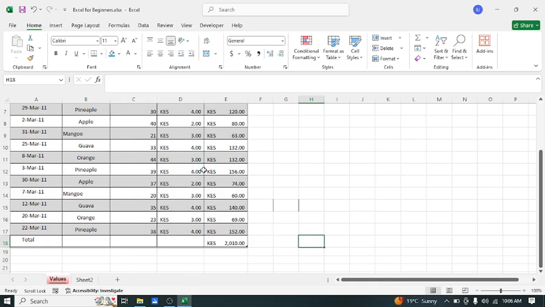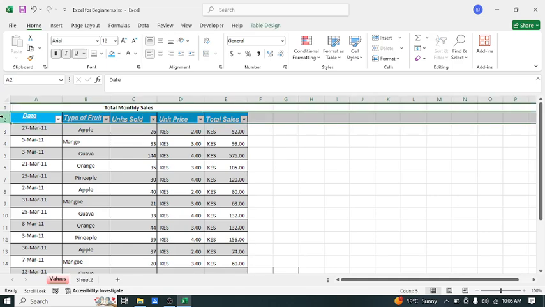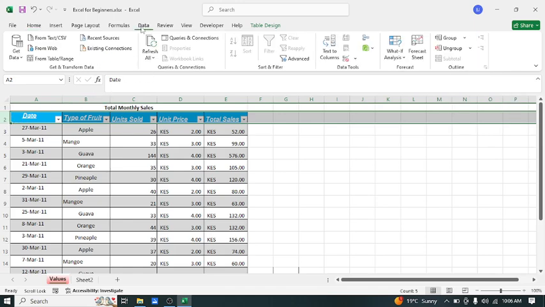Then when it comes to editing, where we have sort, filter, find, select. So let's assume you want to filter out only the values that were held on 5th of March. So this one is where we apply the filters. We'll come to where we have the headers. So here I can come here, and already we have the filters. So now I want to do away with the filters. I will come here where we have data, and I click